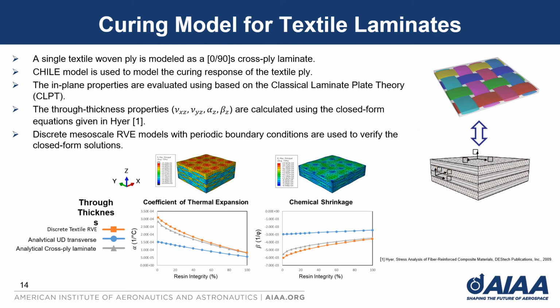A mesoscale model is developed to determine the effective laminate RVE thermo-chemomechanical properties based on the lamina properties. For the laminate composite, the unidirectional properties are transformed to the RVE coordinates based on the orientation of each ply. Then the stacked plies are homogenized by an extended classical laminated plate theory based approach to obtain the full 3D